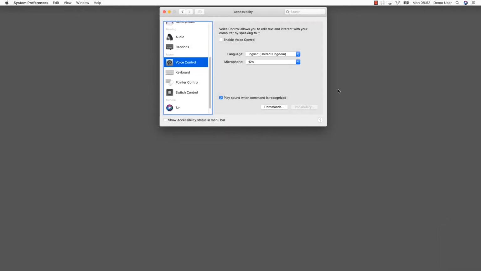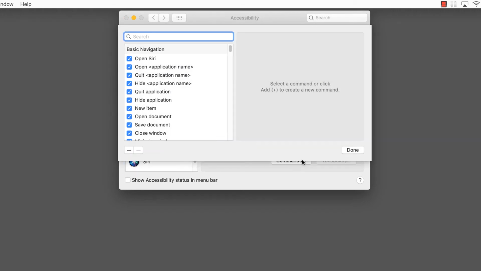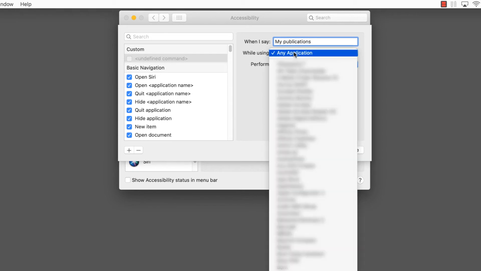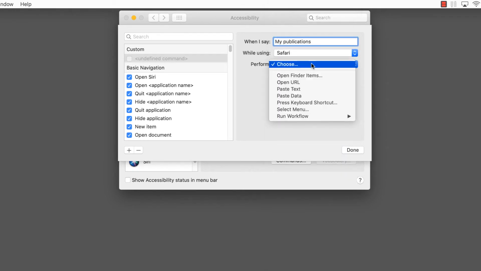You can even create your own commands. In the Accessibility Control panel, select Voice Control, select Commands, click the plus button, define your spoken command, select the application, and the action to be performed.